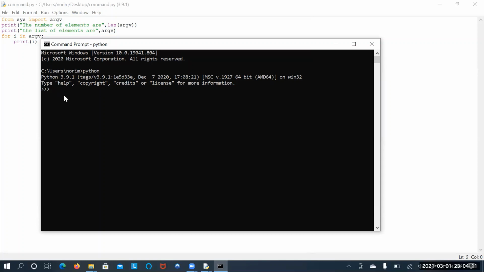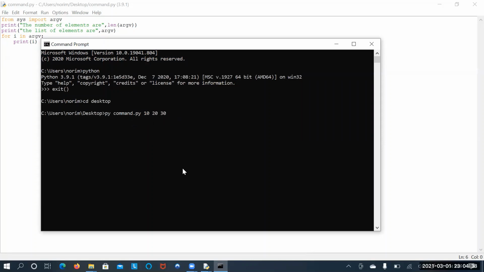I want to change the directory to the desktop because I saved my file on the desktop. So cd, change directory to desktop. Now give the file name with py: command.py. Then send some arguments.